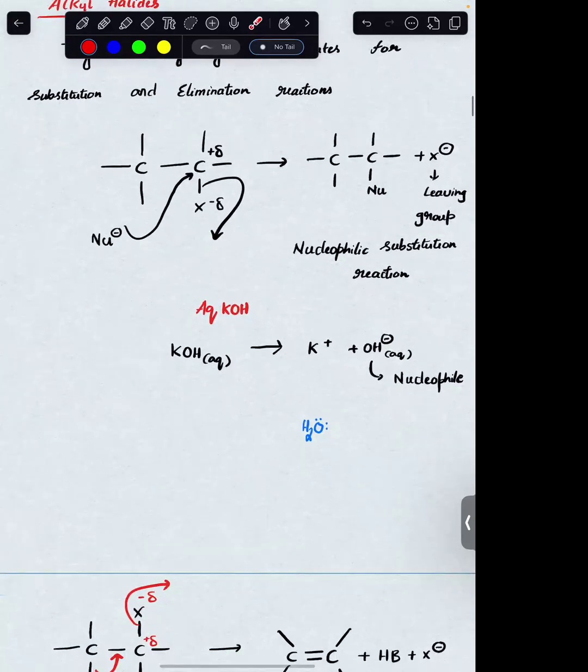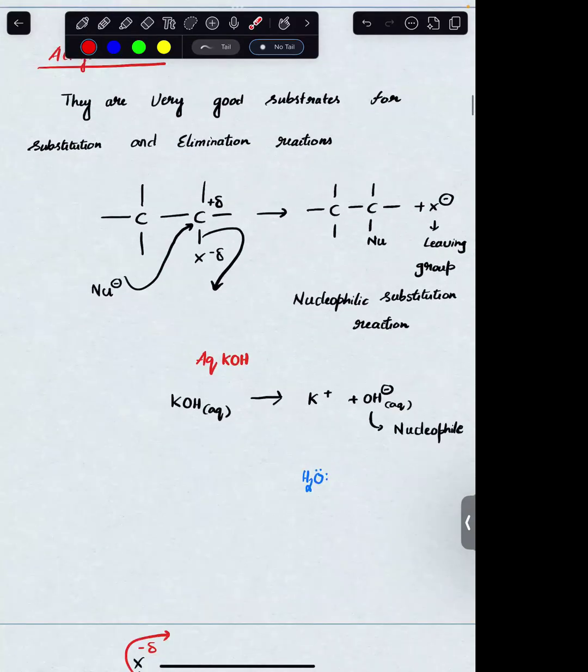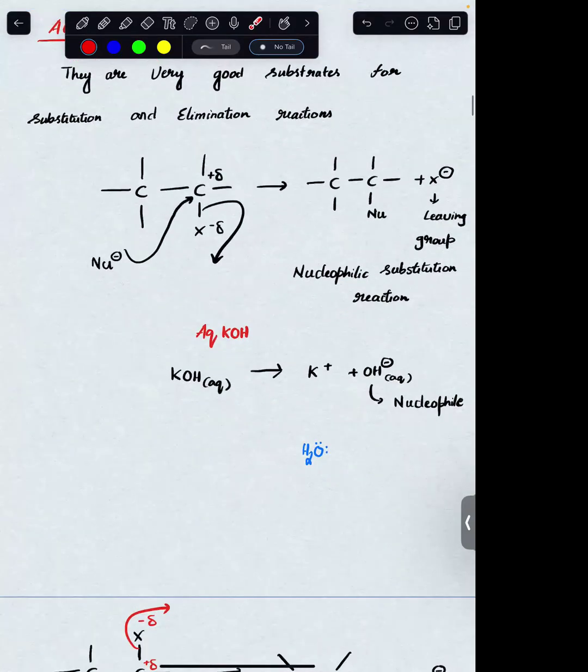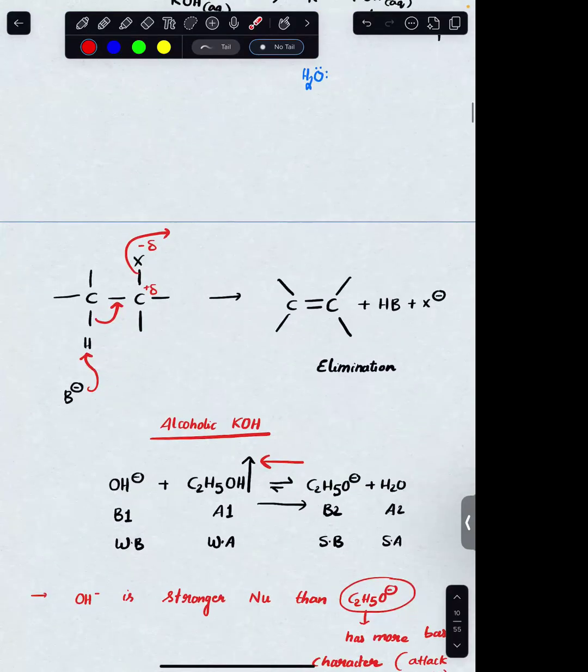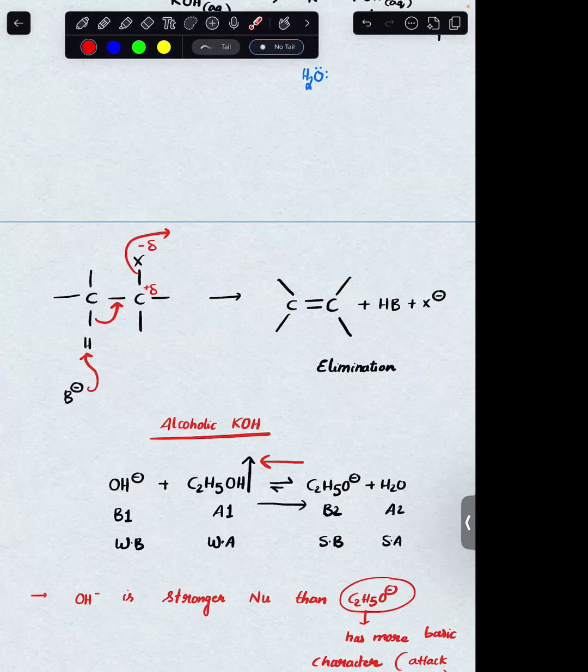Okay, this is what happens during a substitution reaction. During elimination reaction, what happens? The same negatively charged species will be acting like a base, right? Just understand what's happening. You are having a leaving group. The base is going to attack the hydrogen which is present on the alpha carbon. Everyone. Okay. The base is going to attack on the hydrogen which is present on the, sorry, my bad,